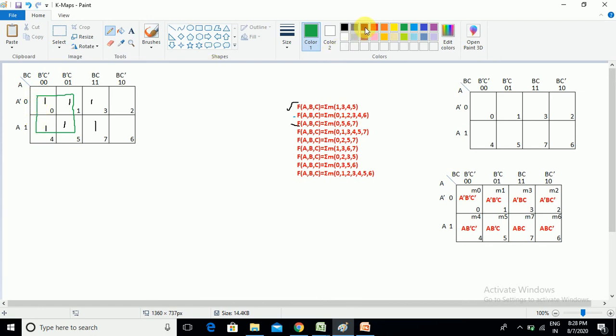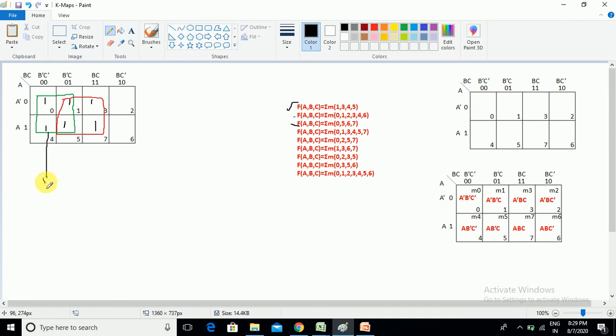After that you need to think about the remaining 1s which are not in a group. We can perform an individual group of 2, but according to our mapping, we need to go for the maximum cell grouping. If there is no possibility for the maximum cell grouping, try with overlap. If even overlap is not possible, then go for the lower level grouping. But with overlapping, we can perform the 4 cell grouping. If you take the overlap with 1 and 5, you can perform the 4 cell grouping. Now in this question, there are two 4 cell groups.